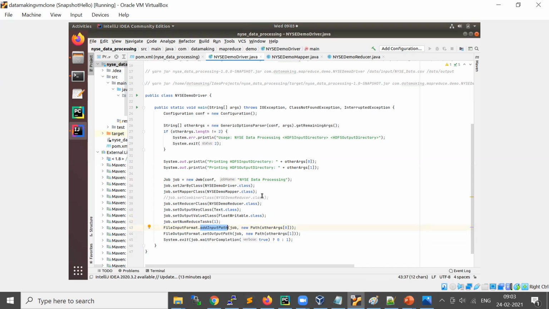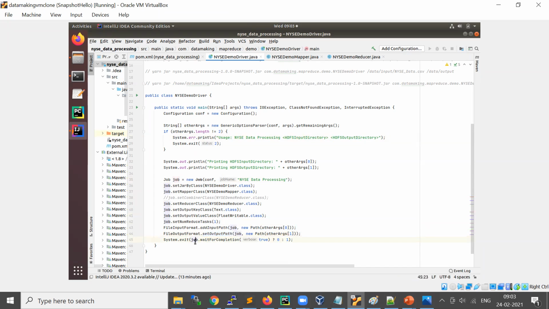So you pass the output directory argument, and we set it with FileOutputFormat.setOutputPath equal to the path which you are passing. Input and output are basically HDFS paths, so it can understand only HDFS. Or when you run on a framework like S3, you can specify S3 also.